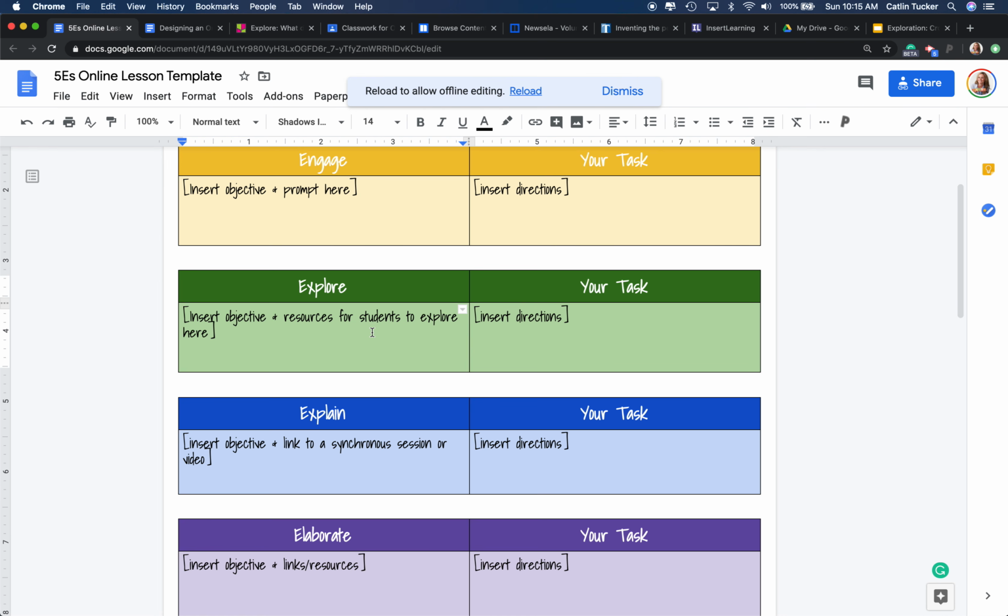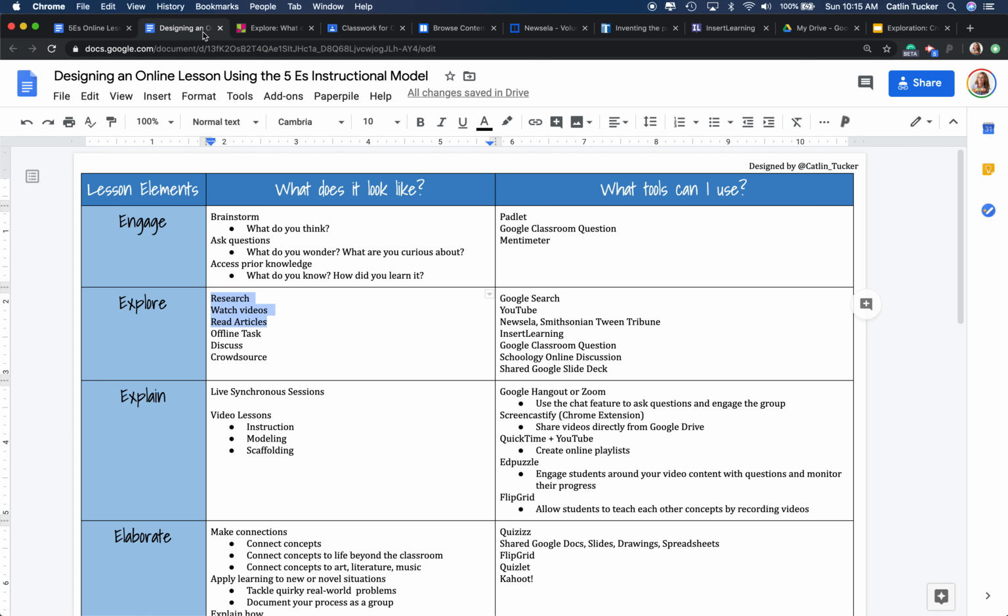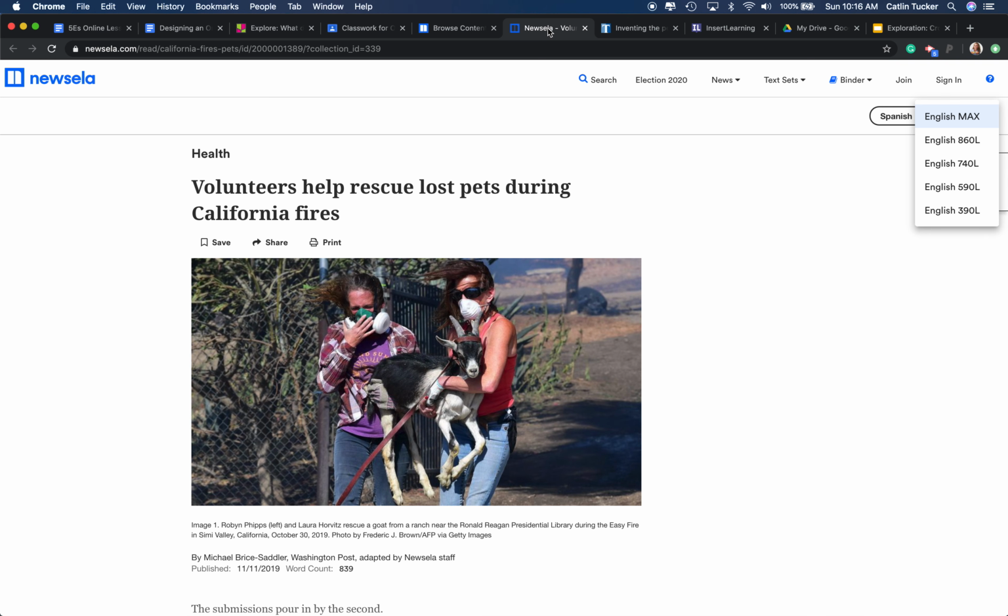Maybe you give them an option that they can explore one of 3 articles or watch one of 2 videos. So you might give them some information if they're younger, or you might have them really crowdsourcing the information, finding it and sharing it. Now, you can have students read articles on Newsela, and then they can read them at